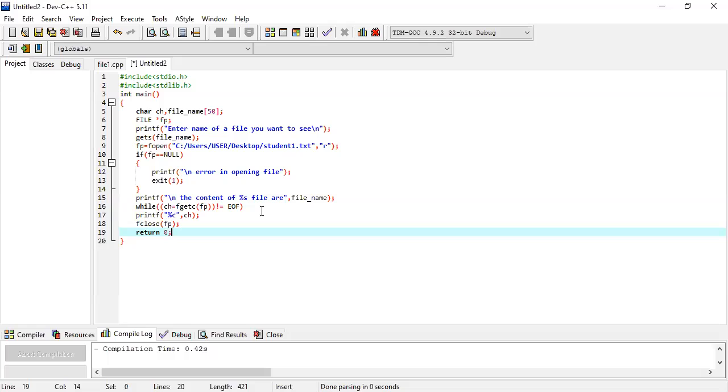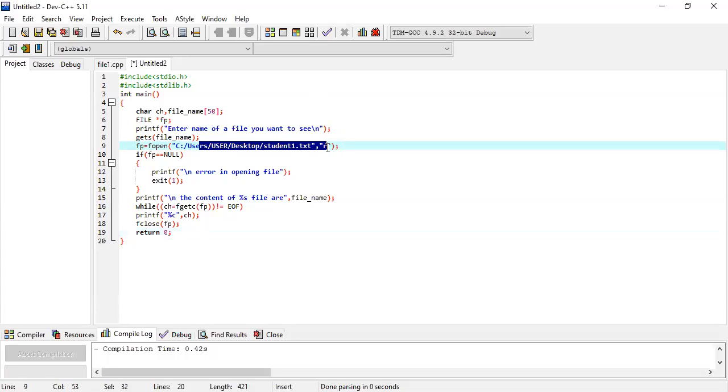No, ma'am. fgetc is a function. It works on every character of your file; it reads every character of your file. So f stands for file, getc means get every character of your file. In between fp, you have already opened your file.